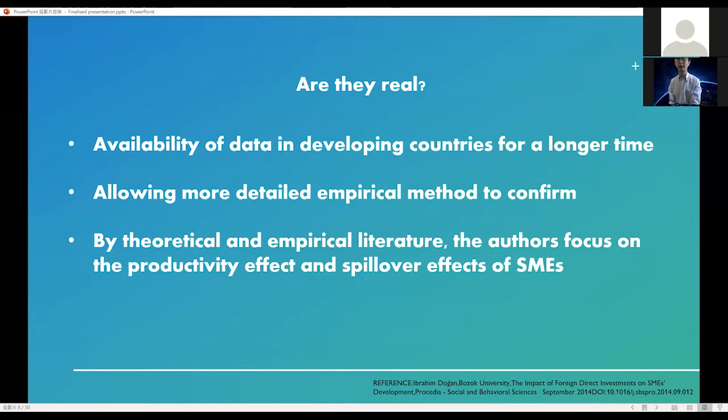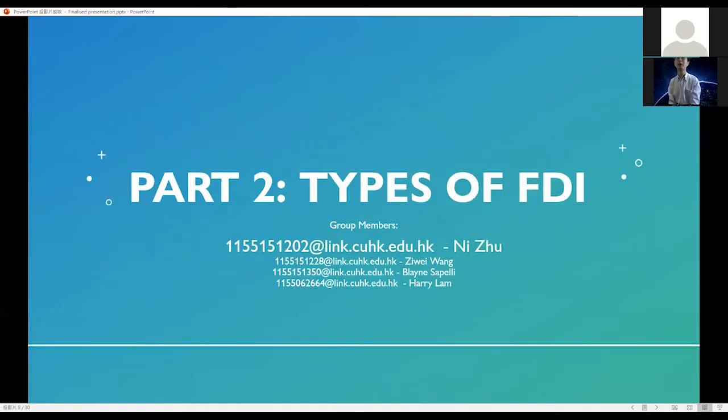In this article, by studying many theoretical and empirical literatures, we focus on whether the productivity effect and spillover effects are really bringing good impacts towards the SMEs. So in the following sessions, I'm going to pass to my teammates and they will talk in more